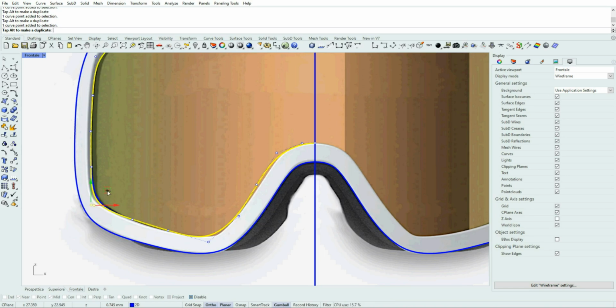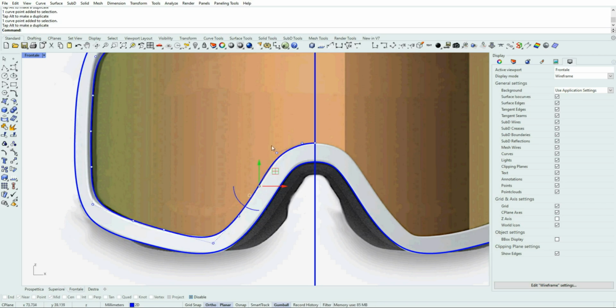Remember that it's very important to keep the points all outside or all inside the curve, but to avoid in and out, because the result will be a very noisy curve.